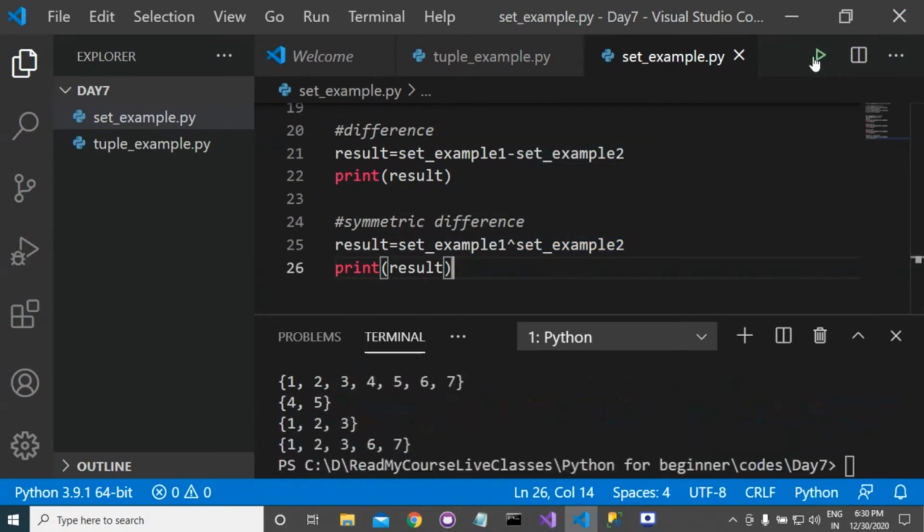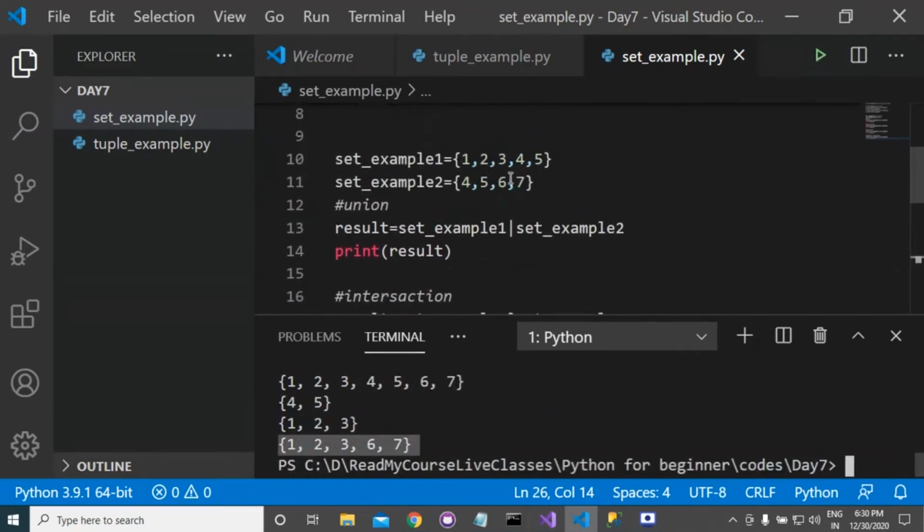If you run this program, you will get 1, 2, 3, 6, 7. You can see that in the result we don't have 4, 5 because 4, 5 is present in set 1 and set 2 also. That's why it is removed from the result, because the symmetric difference will return only elements that are present either in set 1 or set 2 but not in both.